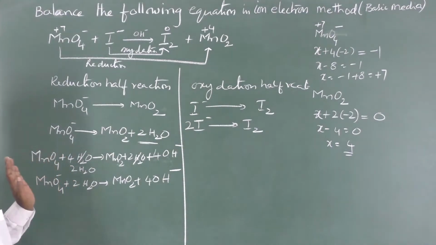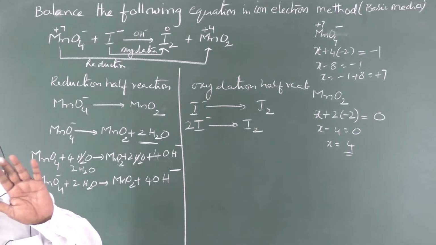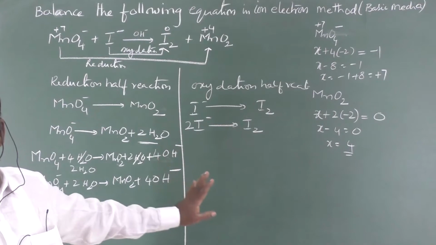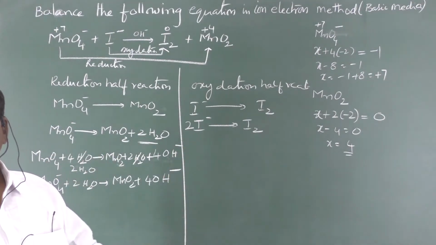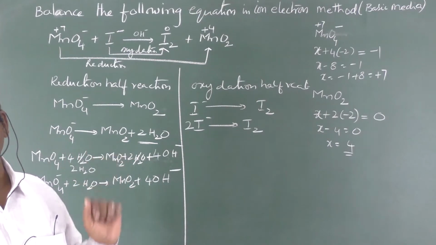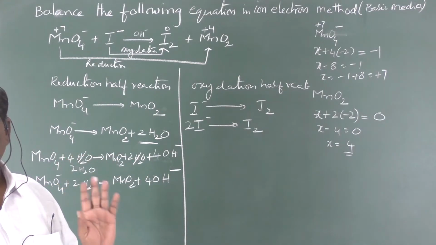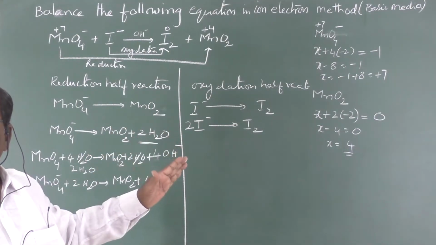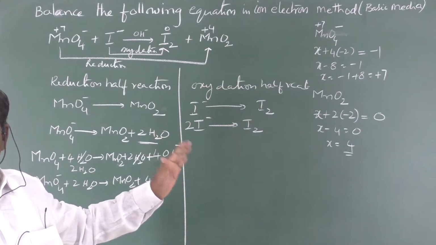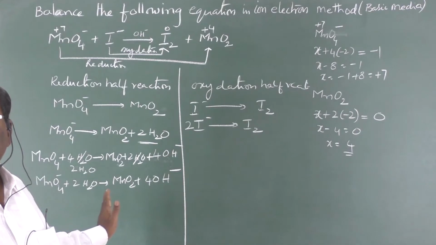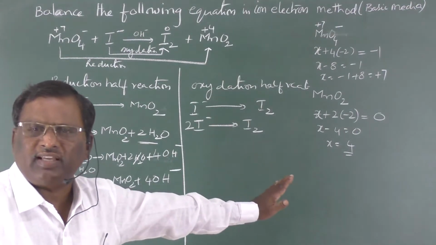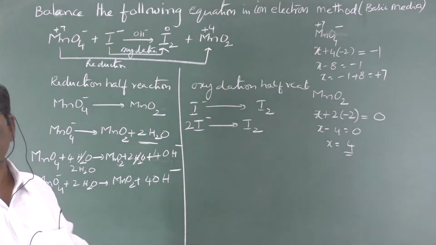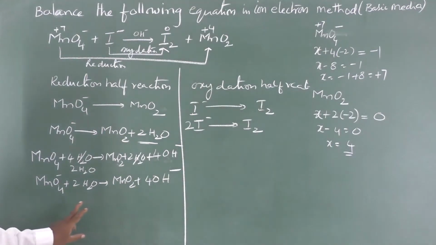This is the way to balance hydrogens. Don't get confused. Once again you observe, while balancing hydrogens in acidic media it is very easy. Simply by adding H plus ions, hydrogens are balanced. But in the case of basic media, you have to follow 2 simultaneous steps. Balance the hydrogens by adding H2O to the deficient side and the same number of OH minus ions on that side. If water molecules are on both sides, you have to balance them instantly. This is the way to balance hydrogens.